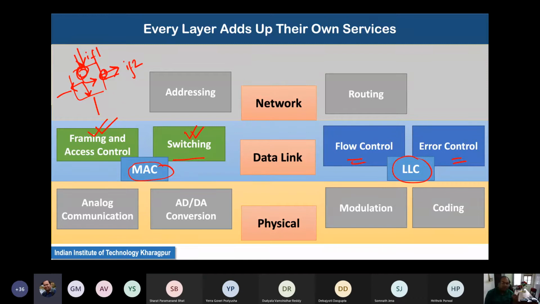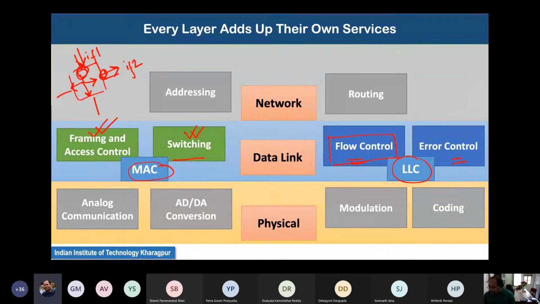Right? So the question comes: why do we need to implement it both at the transport layer and the data link layer? Why can't we do away with a single implementation, either at the transport layer or at the data link layer? Well, the answer is something like this. First let us consider flow control. You can think of it in two different directions. One is to think that we are implementing flow control only at the transport layer and we are not implementing flow control at the data link layer.